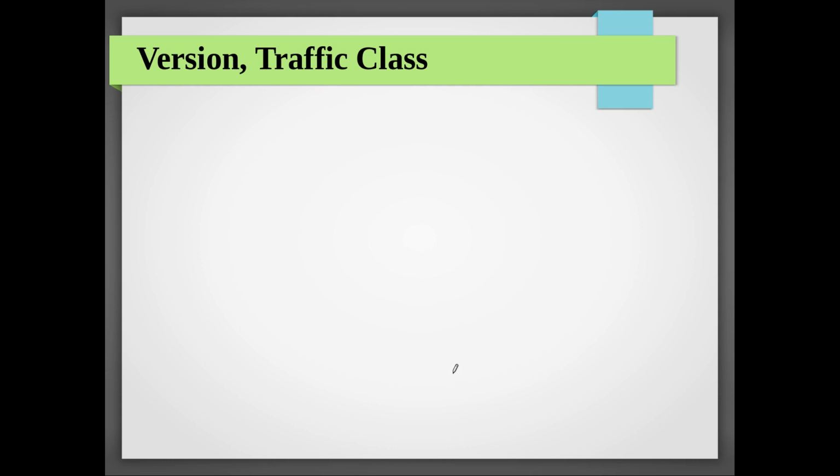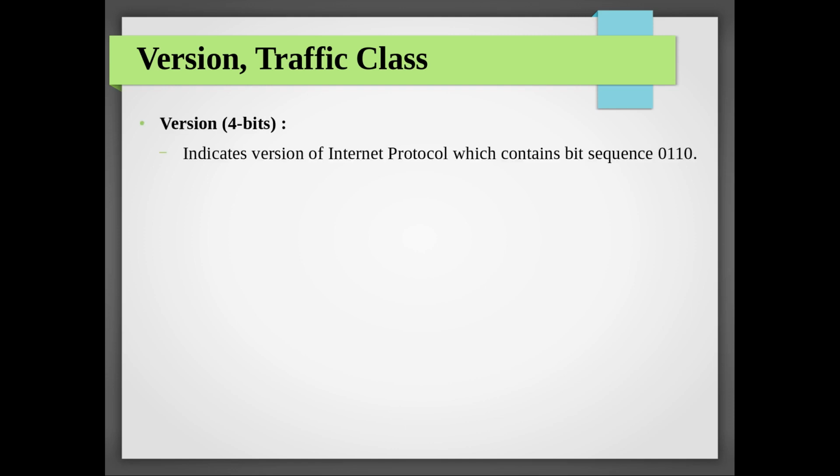Then we will see each field in detail, starting with the version and traffic class fields. I already told you, version is a 4-bit field, indicates the version of the internet protocol, and we know as of now we have only IPv6, so just represent 6 in binary, 0110, in that field. And I told you why this field is needed, because by looking at this field only the intermediate routers understand whether it is an IPv4 packet or a v6 packet, or if some other version is coming in the future. So that is needed just to identify the current version of the IP protocol.